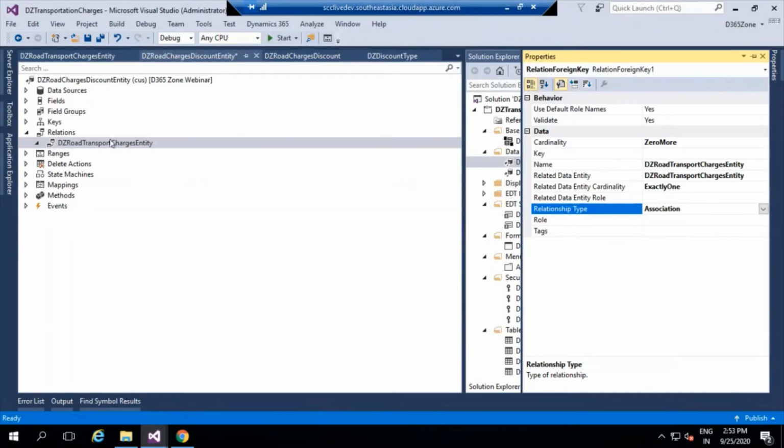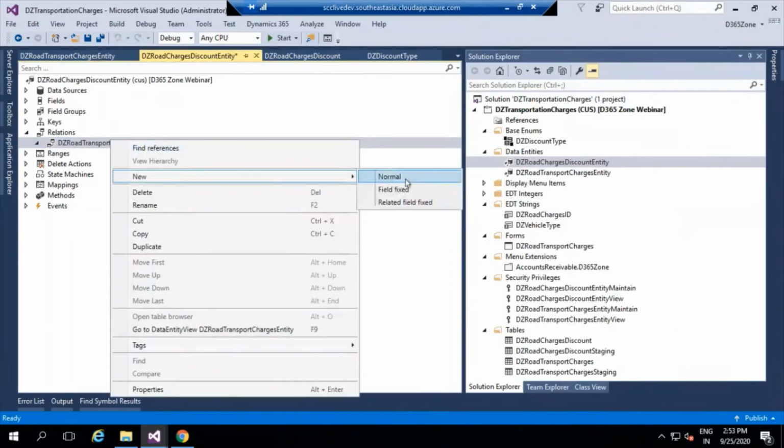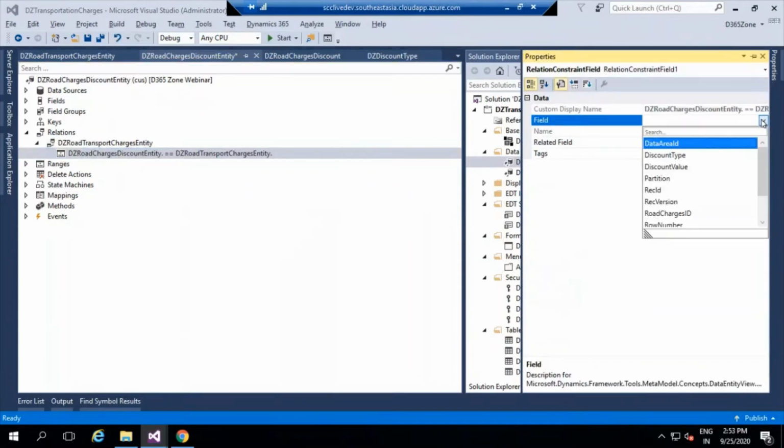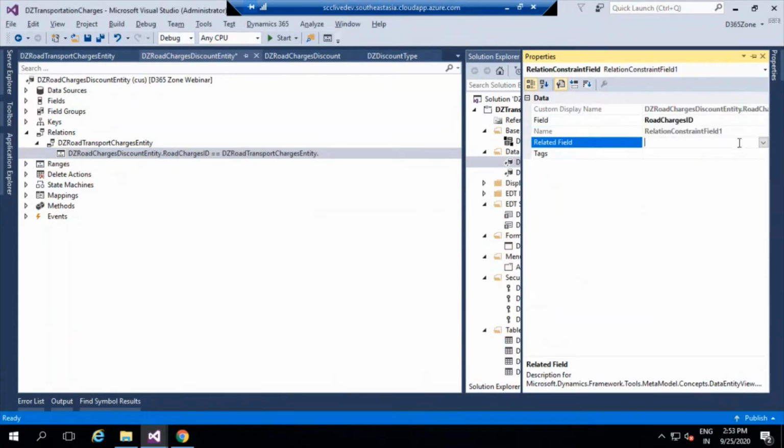And in the relationship type, I'm going to select an association relationship. That is all right. So next I can create a new normal relation. I know that charges ID is going to be the key, the data exchange mode between the two tables, as we see in the PPT. So I'm going to take the charges ID from both the tables right here. Perfect. So one milestone we achieved. We created the entities and we created the relationship between the individual entities. Okay, so we are done with this. The next step would be to create a composite entity.